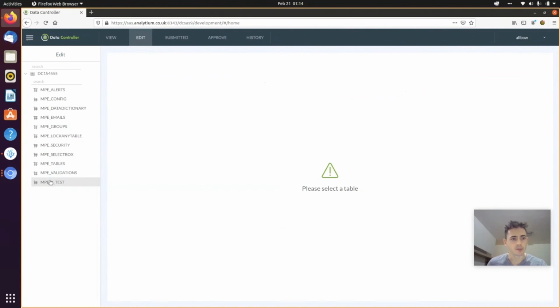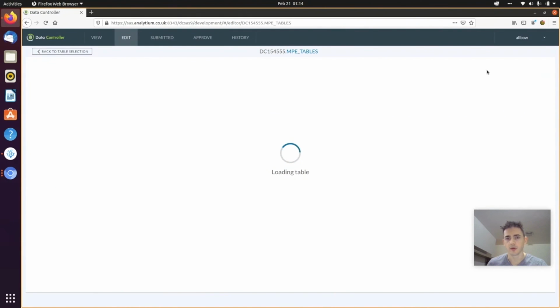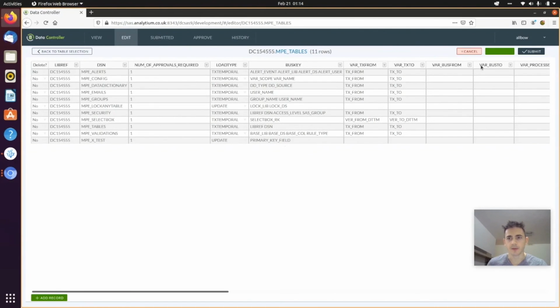There's an editor, so you could pick a table, you could click edit, and you can add a row. We've got front-end data validations. So for instance, these are automatically uppercased. The minimum approval is 1. I can mark a row as deleted. I can make a change to a value. And this is all very safe.